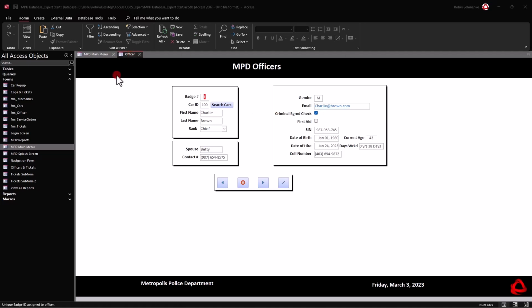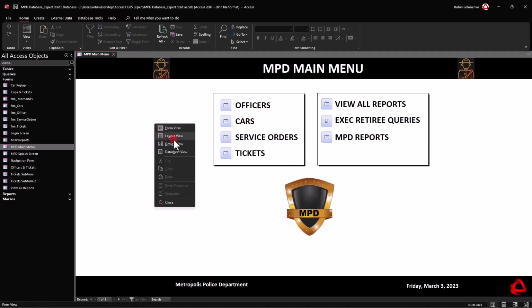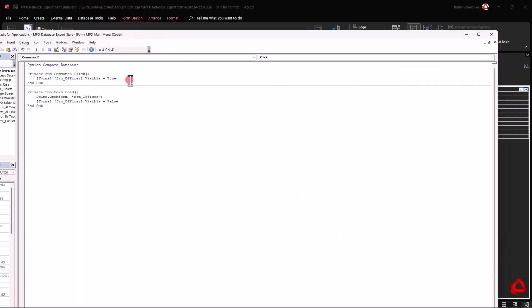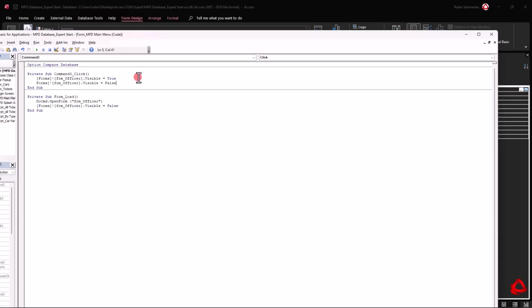Well, why don't we, when we do that, close out the main form? So close out officer, back in design view here of the main menu, activate that officer button, on click, event procedure. And I'm just going to, again, copy and paste, just saves time on typing and less spelling mistakes. It's not form officer. What did we call it? It's MPD main menu